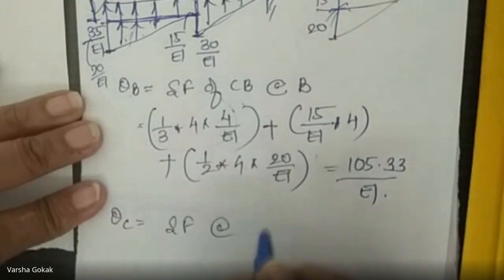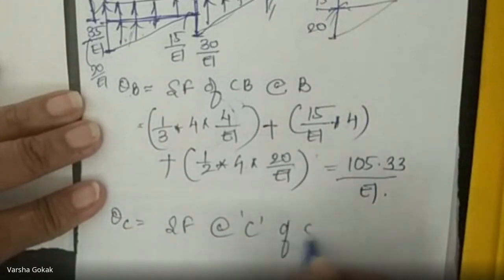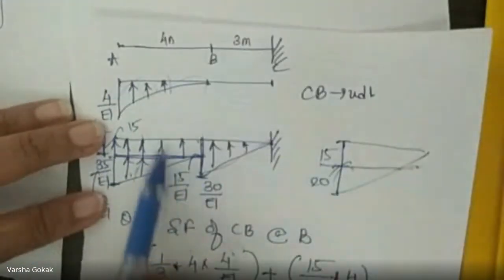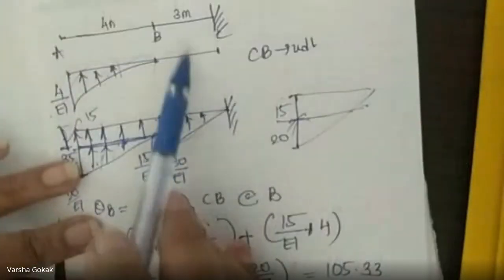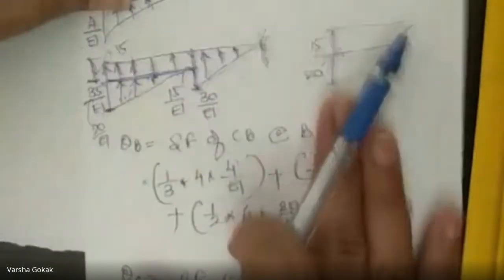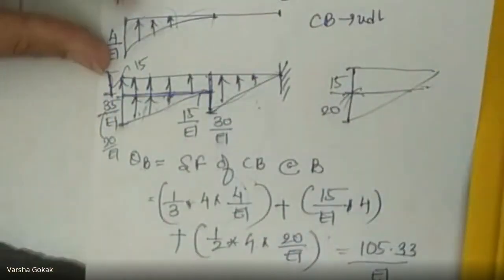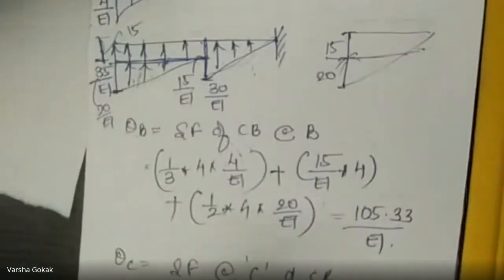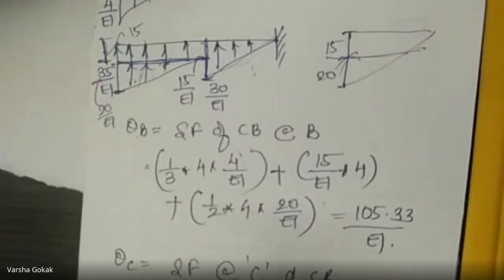that is here. This is going to be the shear force at point C of the conjugate beam. So I have to take all the areas. Matlab, this one extra has to be added. So this will be as it is, and extra this triangle. So I'll write here. This is going to be first 1/3, base is 4, height is 4 by EI.